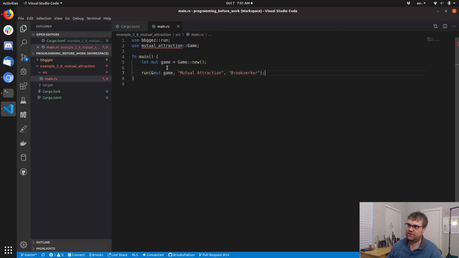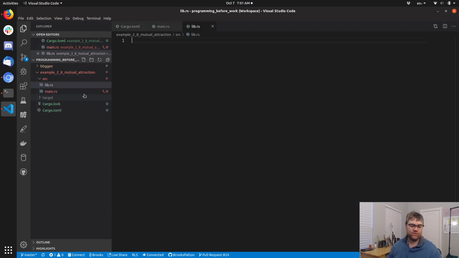Strings need to be references. Well, really? I think that's fine. We'll find out if we get an error. Of course, right now it's yelling at us because we don't have a game object, so we need to create that. So in our source, we're going to create a lib.rs, and we'll find out what errors we get and then fix those. So let's start with pub